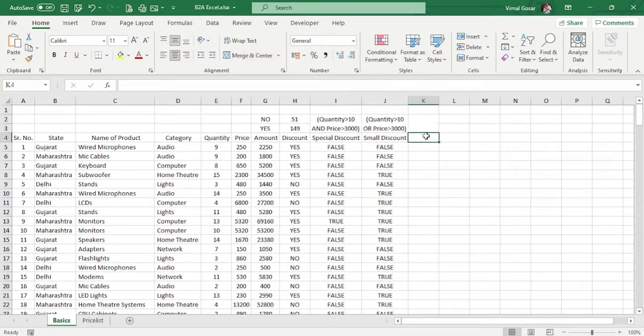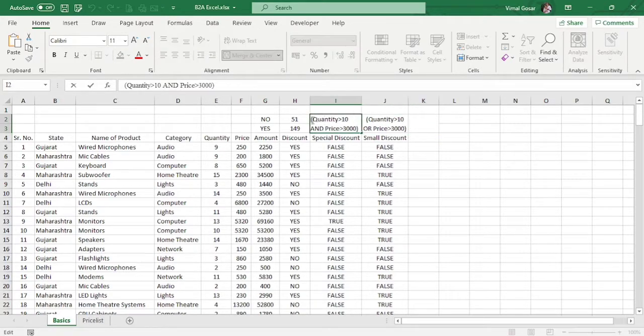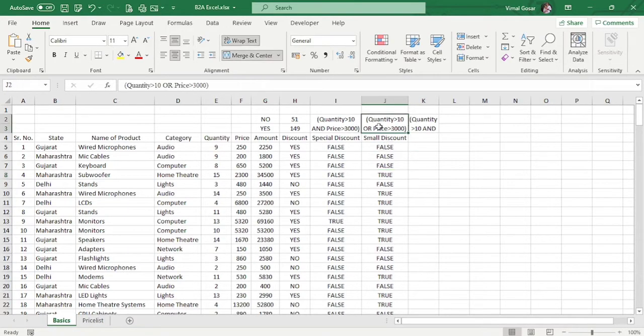So here what I'll write is, I will write over here the same, I'll just copy paste both the things over here. My first criteria is with the AND function, and if it is true, I will be having the discount of 30%. And in the second one I have this as the situation.